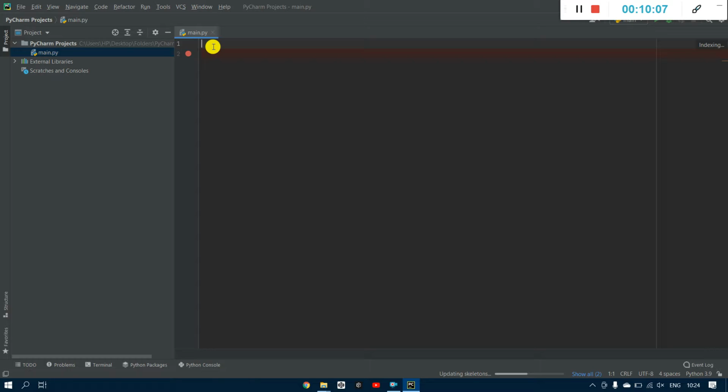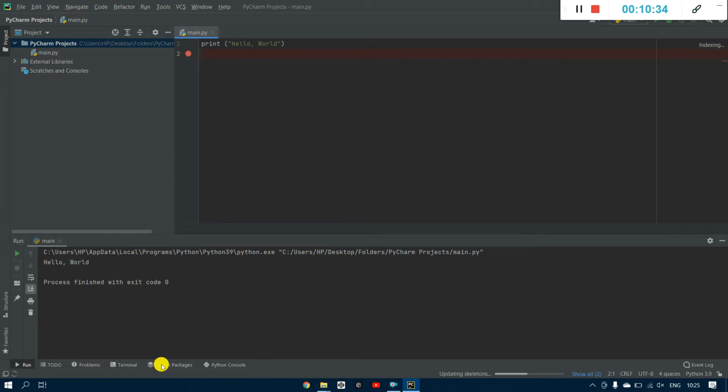So we can type anything, print array. 1 second, I have deleted. I'll type print hello world, and you can run it. Here it is the option of run. When we click on run,